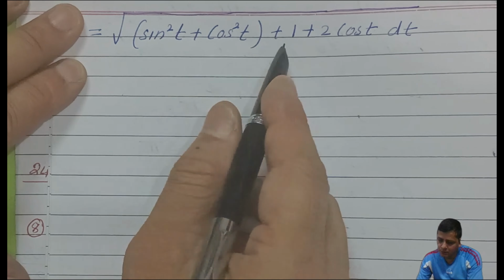Okay, these two values. Now let's go for the integration. We had the integration from 0 to pi, and then we had this value, which is equal to 1. Ignore this now. 1 plus, you can write 1 plus, here again 1 is already there, plus 2 cos t dt. That's what you got.